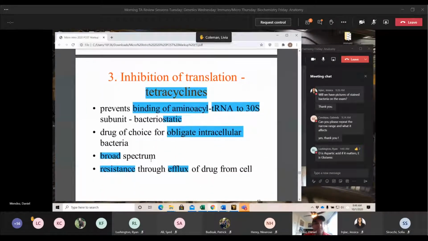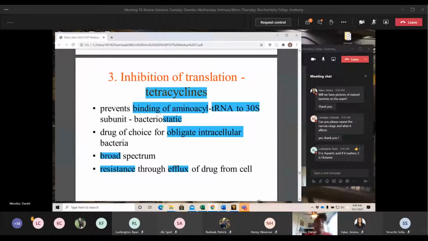So tetracyclines, these are a little bit different. These also bind to the 30S, but they bind in a different way. They bind to the 30S to prevent tRNA binding. That's really the big thing here. So you still have your mRNA, you still have everything going. You've created your ribosomal subunit. You don't have issues with stability between the 30S and the 50S. What you do here is you can't bind your tRNA. And if you remember, tRNA is what brings your new amino acid pieces to create your long peptide. So if they can't do that, they can't create peptides.